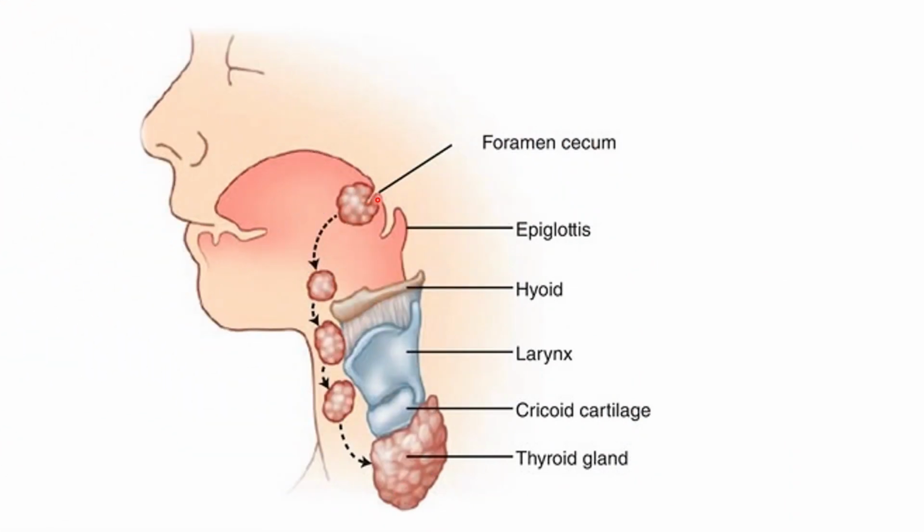The foramen cecum has embryological significance because at the foramen cecum region there was developing thyroid tissue. Gradually, from the foramen cecum, the developing thyroid tissue migrates downwards through a duct called the thyroglossal duct. Through this duct, the thyroid tissue comes down until it attains its normal position in adults, that is, in the anterior-inferior aspect of the neck. So this is the embryological significance of the foramen cecum.